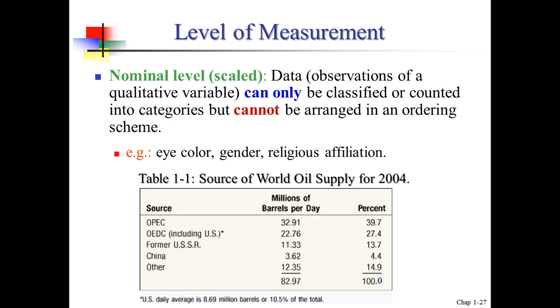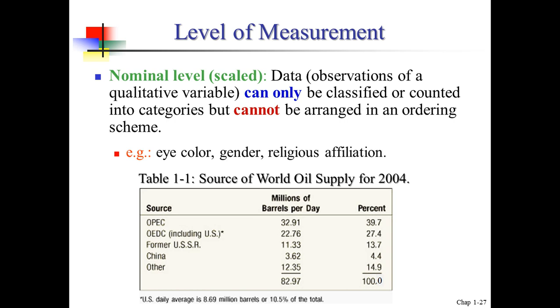Nominal level or scaled data: observations of a qualitative variable can only be classified or counted into categories or groups, but cannot be arranged in an ordering scheme. We can only classify the data item into a group or category, but cannot range from bigger to smaller, from short to tall, from new to old. We cannot range from most satisfaction to less satisfaction. So in terms of nominal, it is simple: just group the data items that we collect into a specific group or category